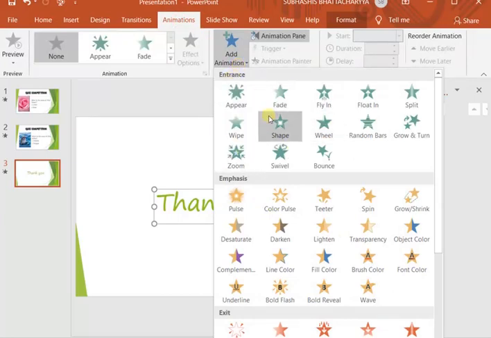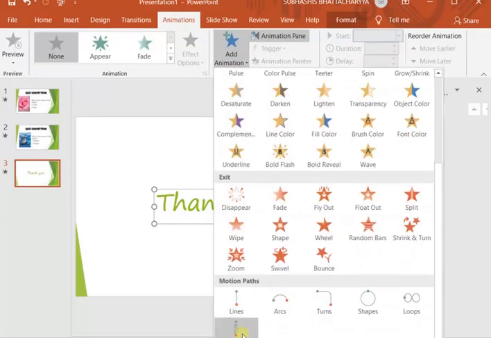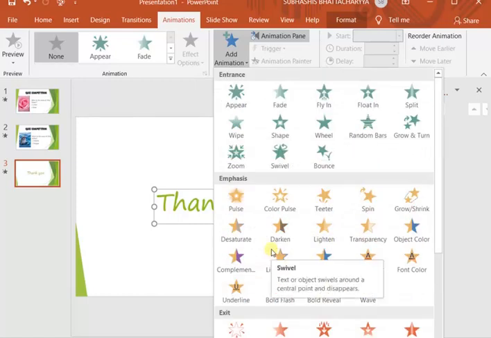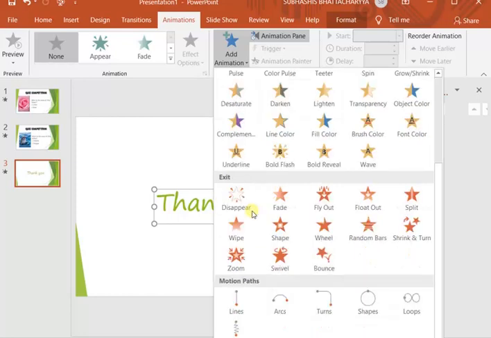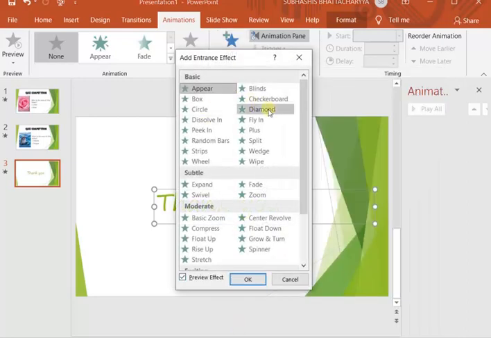Only entrance effects I have shown you. Now emphasis, exit and motion paths also I'm going to show. And these are some few effects given under each category. If you want them in more detail, you can get it from here. More entrance effects, more emphasis, more exit, more motion paths. That means more effects you can get from here.